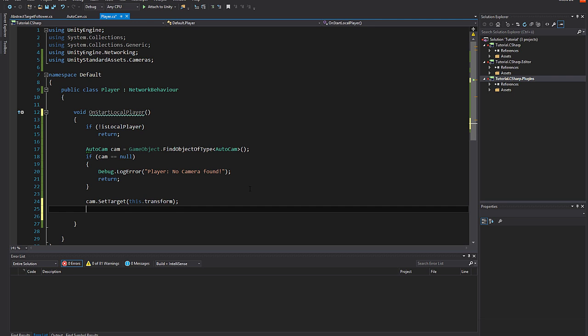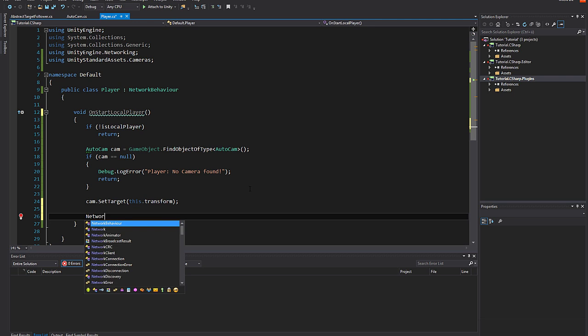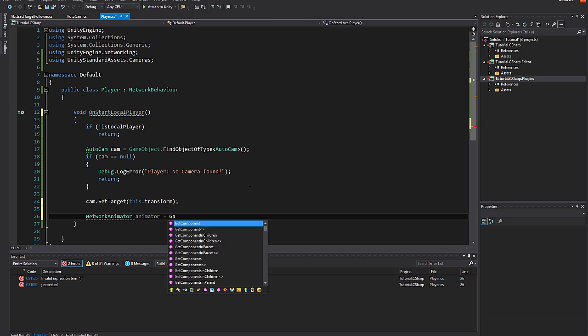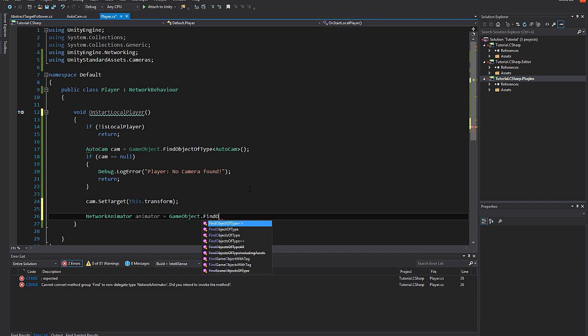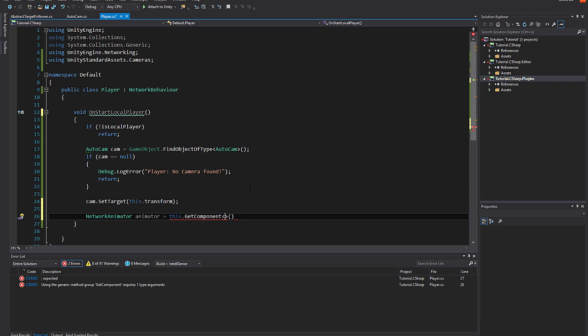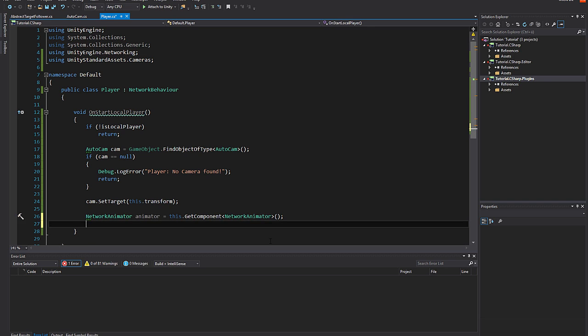First of all, we need the network animator. Network animator equals game object dot find... No, there's an easier way. We just use get component because we want the component that is on the same object as the player class. Network animator,